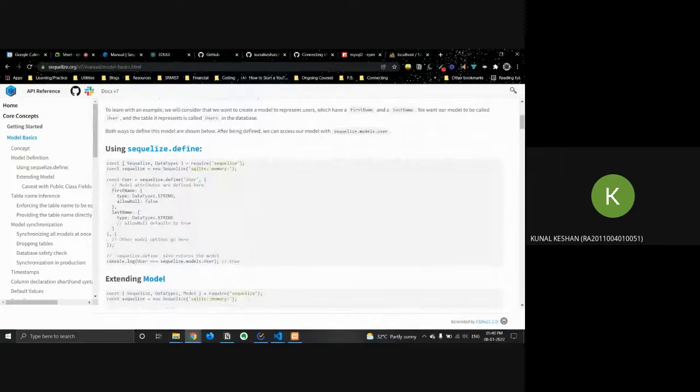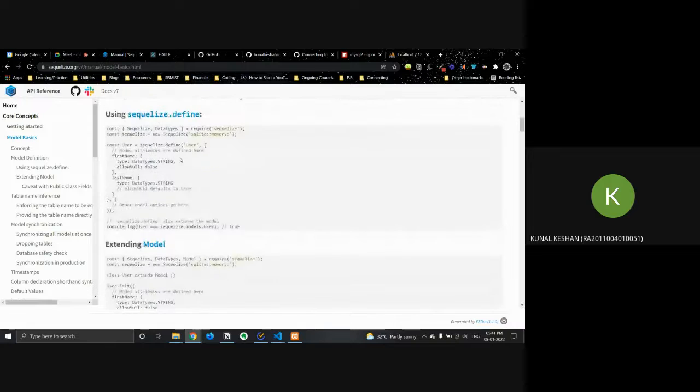We get Sequelize from the Sequelize library and data types, and we have to get the connection. Then we use sequelize.define, which takes in the name of the table and all the fields. In this case, all these fields are columns.